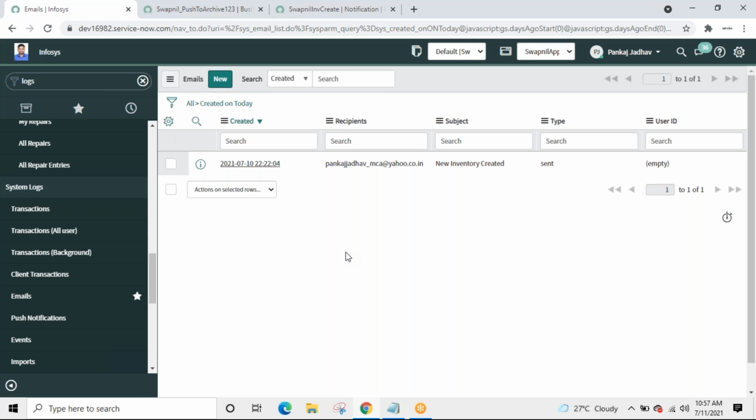Once it is triggered, it will find the notification which has that event. Once that is done, it will trigger that notification. It will see who all are the recipients. Those recipients will receive the email with those contents. This is how the flow is. Any confusion around this? Notifications, are you following these things? If not, ask questions,